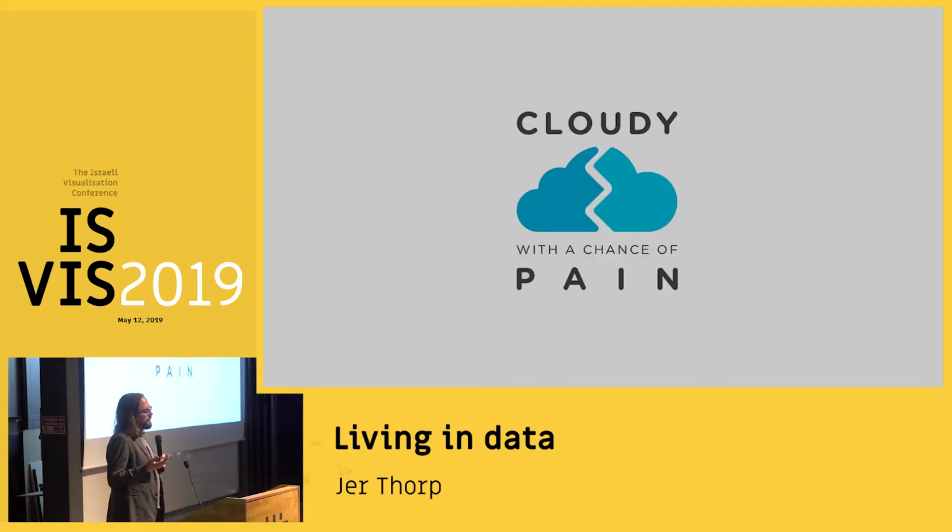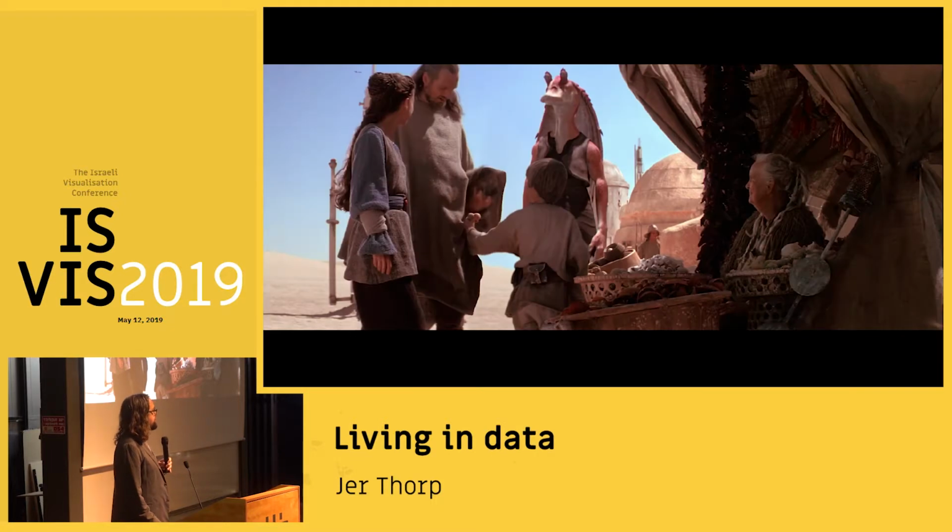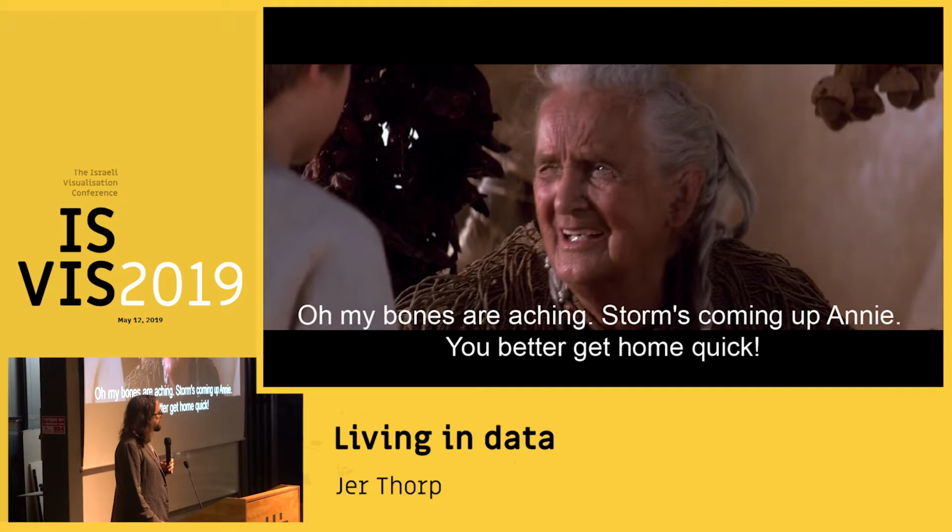Another example of a project where we tried to think about what this type of agency could look like in the digital world is a project that I did in collaboration with a doctor named Will Dixon in the UK. He came up with this name. It's an awesome name. It's called Cloudy with a Chance of Pain. What this project investigates is this thing that we kind of know about culturally, which is that there's a connection between pain and weather.